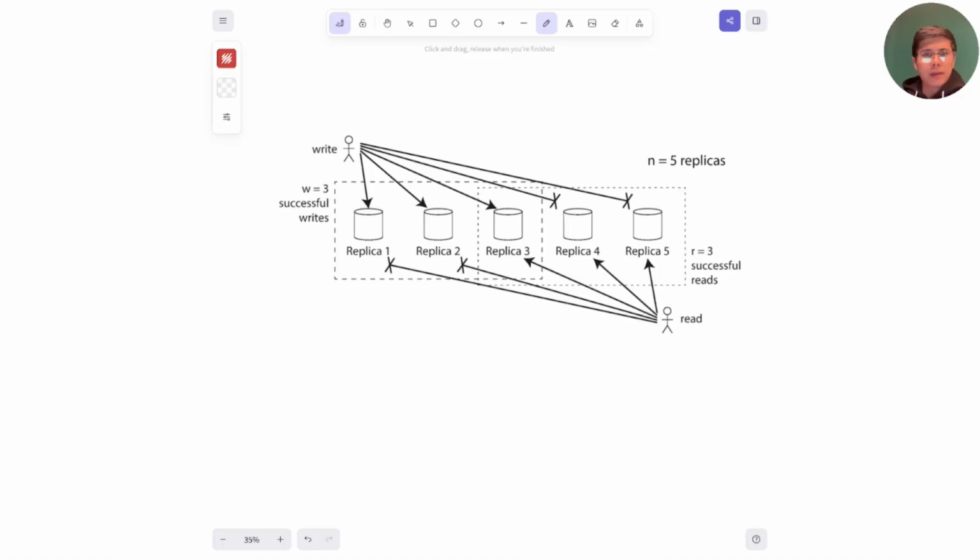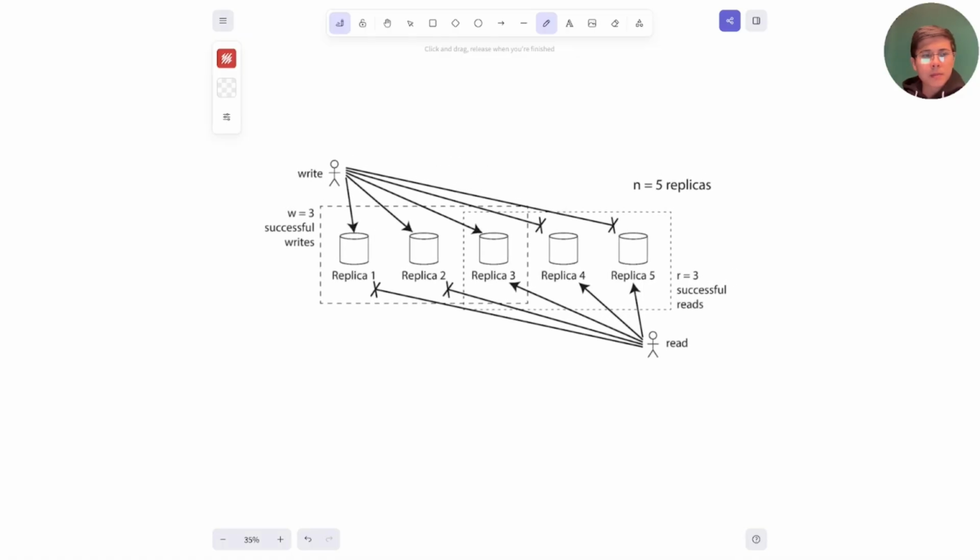And then finally, we have leaderless replication. In this approach, there is no leader at all. Any node in the system can accept both reads and writes. So, instead of relying on a single source of truth, the system uses something called a quorum